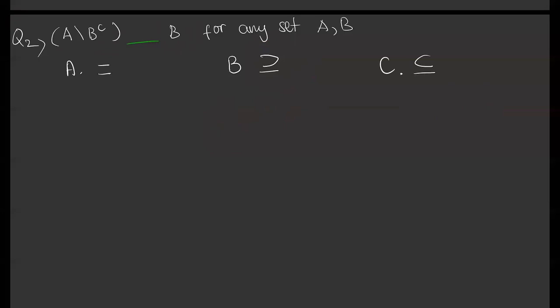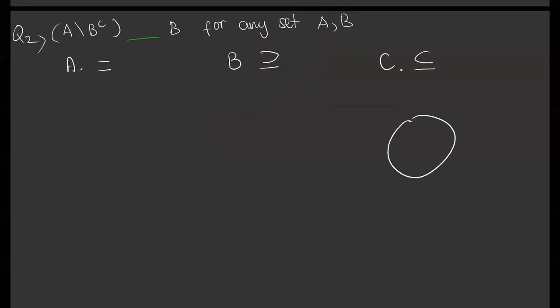Okay, it's almost 2 minutes, so I have to end the poll. So 71% chose C and 29% chose B. That's good. If you draw a Venn diagram like this, you can see